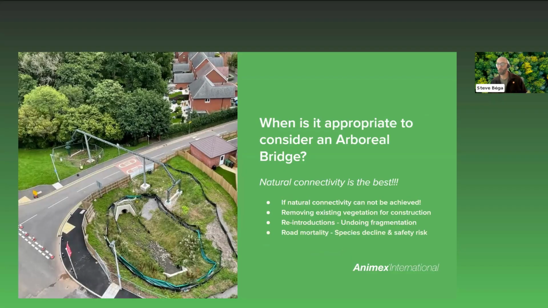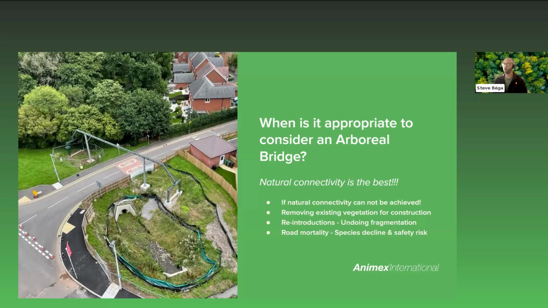Now, the most important thing to remember is that artificial crossings are a substitute for natural connectivity. If natural connectivity is possible, then that should always, always be the priority. But if natural connectivity cannot be achieved, examples of when an artificial structure may be appropriate can include removing existing